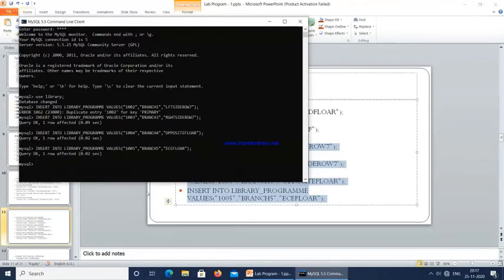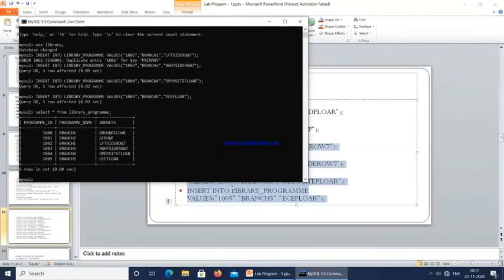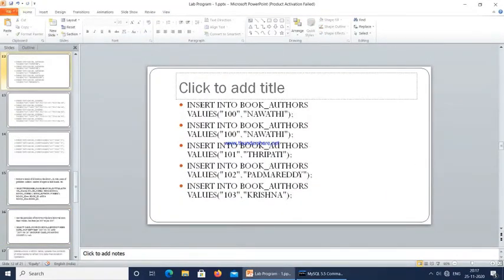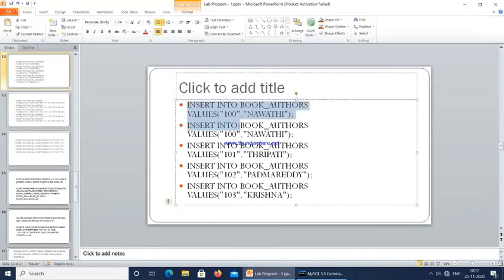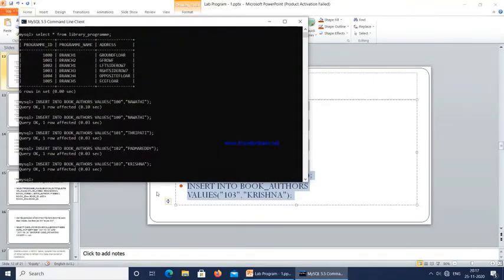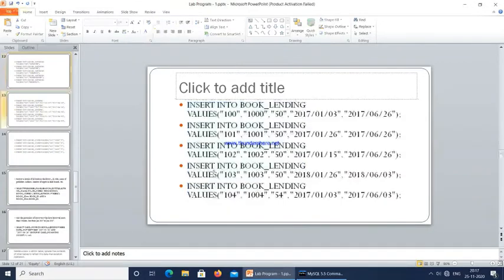So we have successfully inserted the data. So let us see, select star from library underscore programming. So we have successfully inserted the different branches here. Okay, so next we will insert the data into the book authors. Okay, so we have inserted successfully into the book authors.